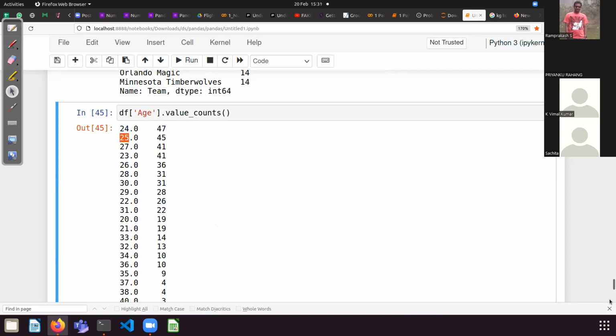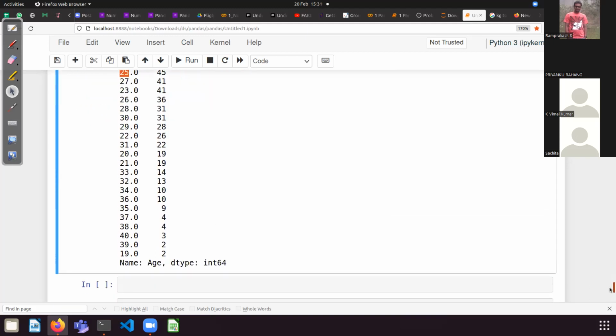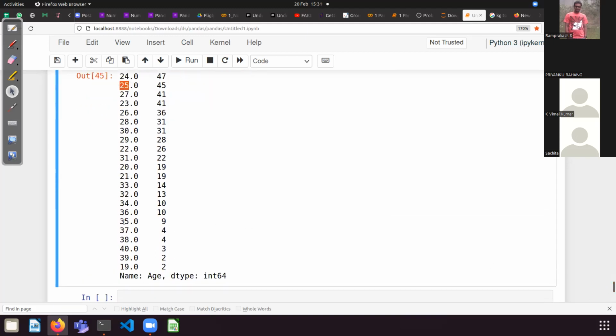And you can see that there are a very small number of players who are quite aged, quite older, or who are quite young, right? So from this, you can draw the conclusion. Okay, if I put 10 as my threshold value, right? So I can see that